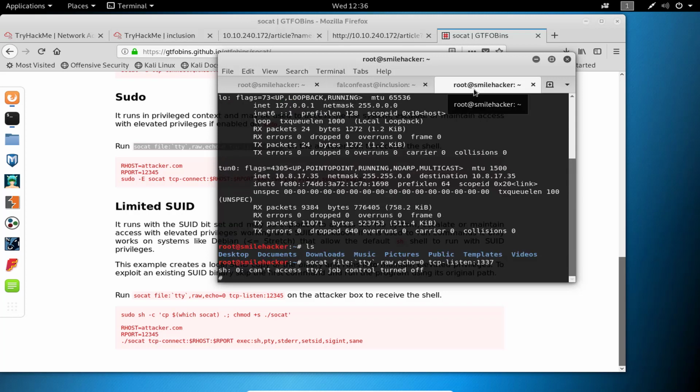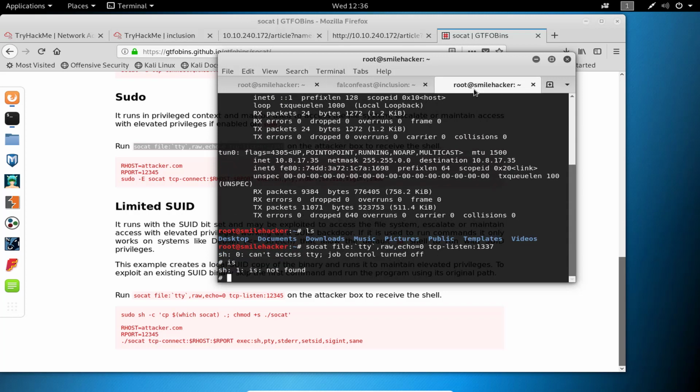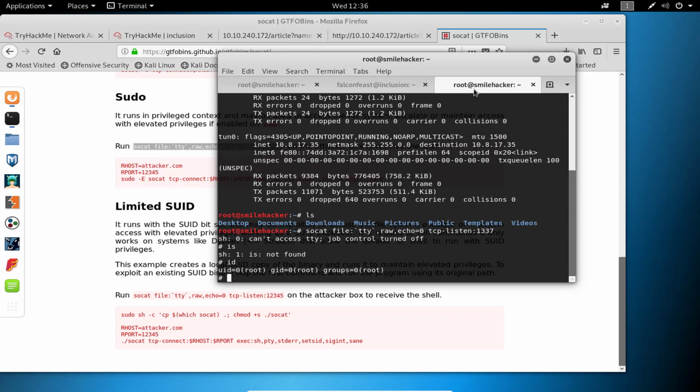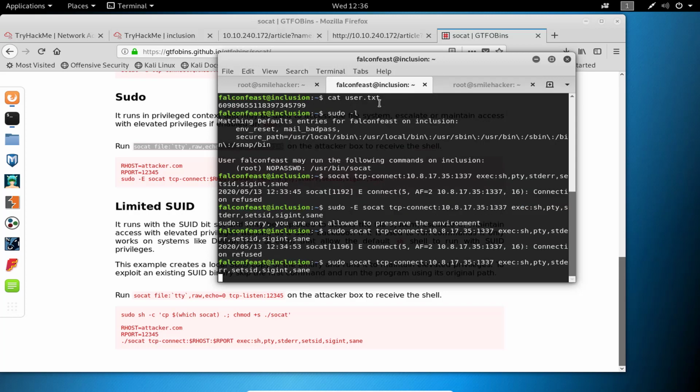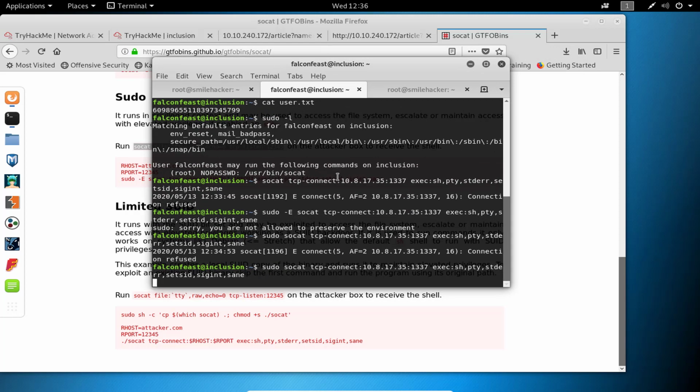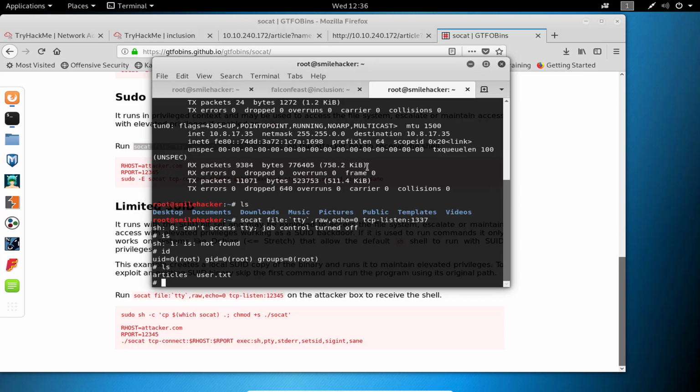So, sorry, id. So we are root user. No, we are not root user yet. So wait for a few seconds. We have to get the root privileges.